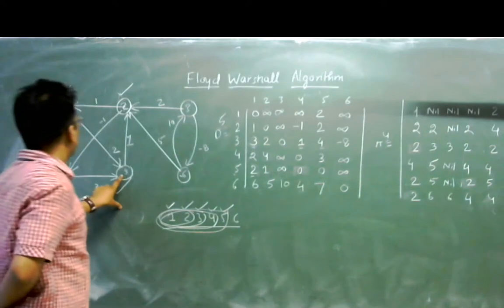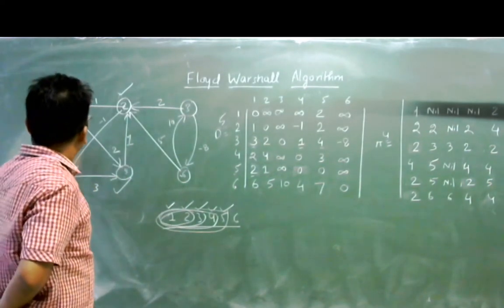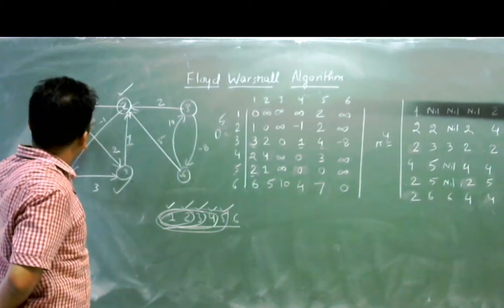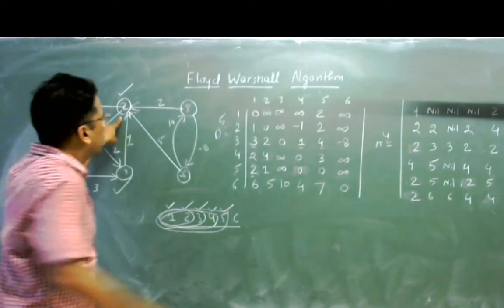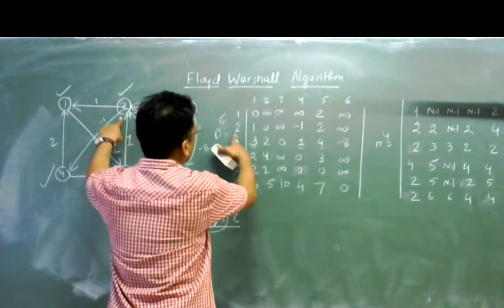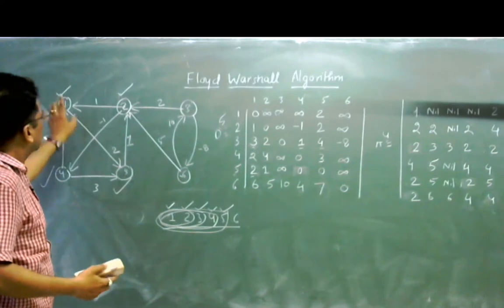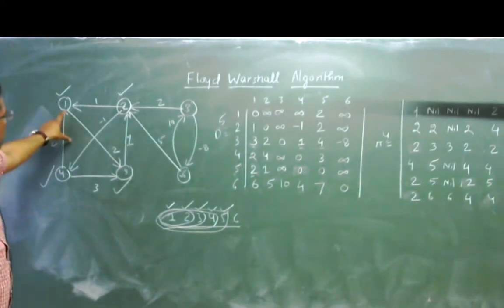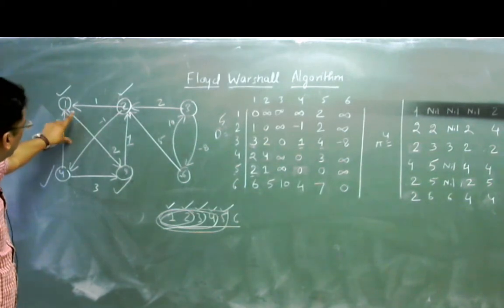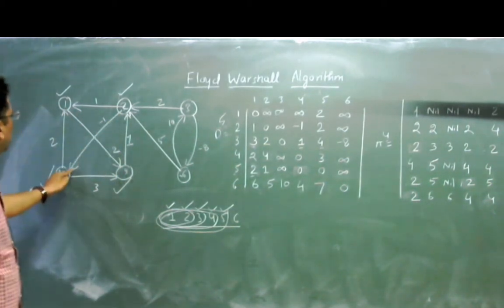Now the other advantages, D4 and D5. When 5 is free, so 2 plus 1, 3. Distance from 2 to 1 is equal to 3, but 2 to 1 is already 1, so it will not be minimized. Okay, 1 will take advantage. 5, 2, 1, 3, and minus 1.